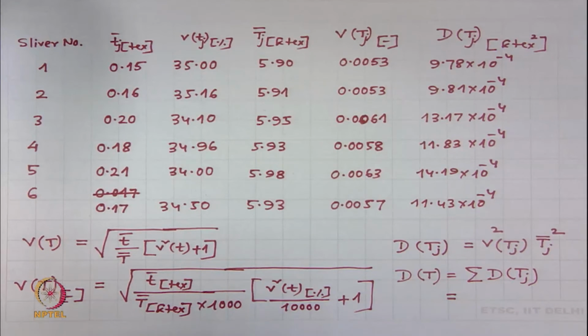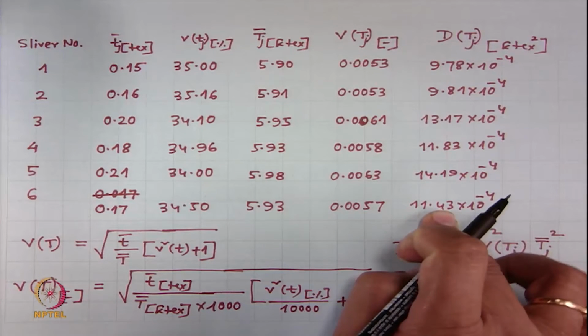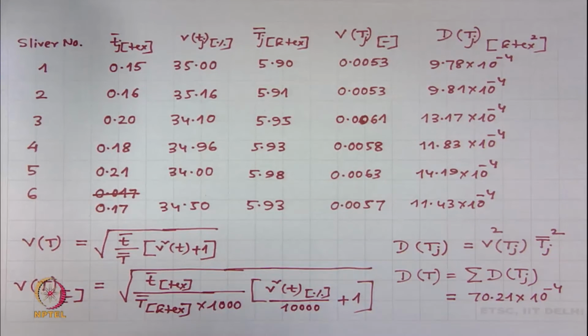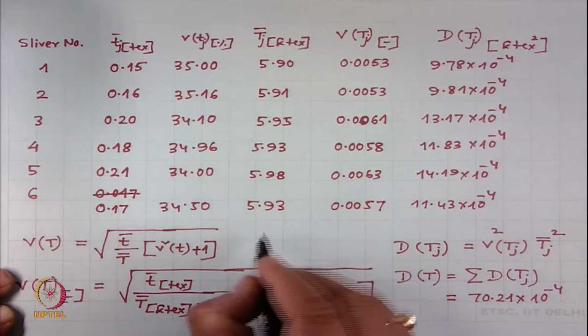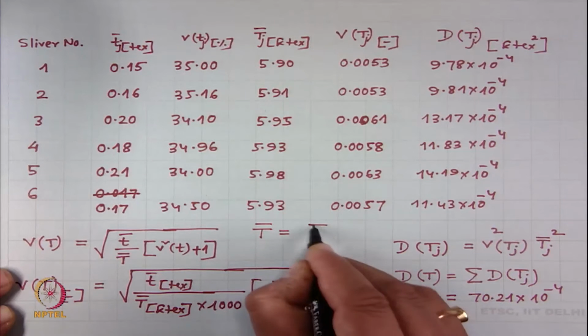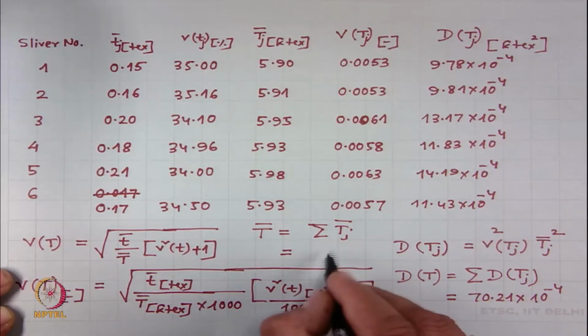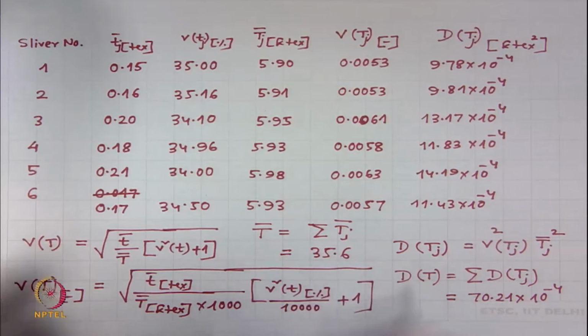If you sum up all these 6 readings, what you will get is 70.21 into 10 to the power minus 4 kilotex square, and also you have to sum the mean sliver fineness, this will give you 35.6 kilotex. So, you know variance, you know mean,